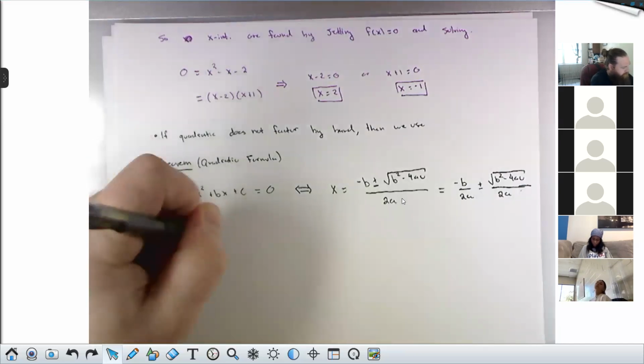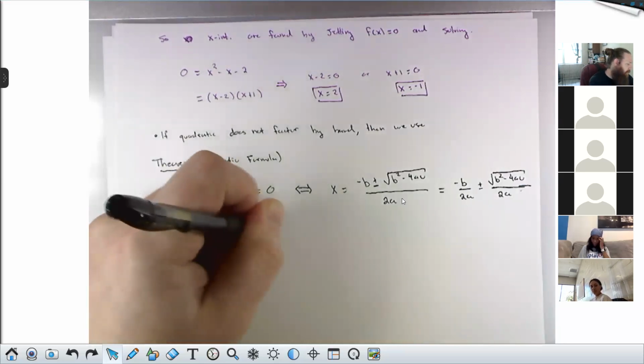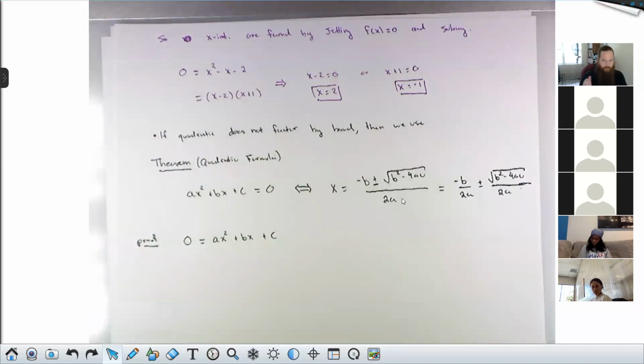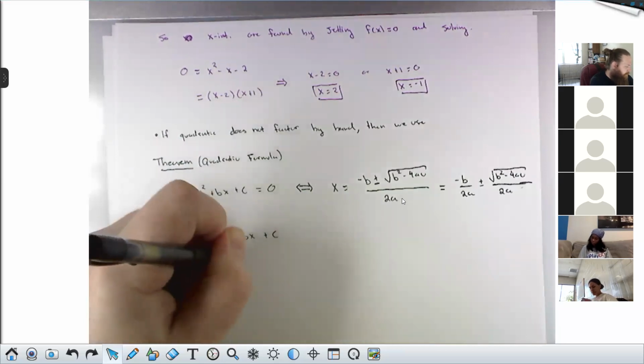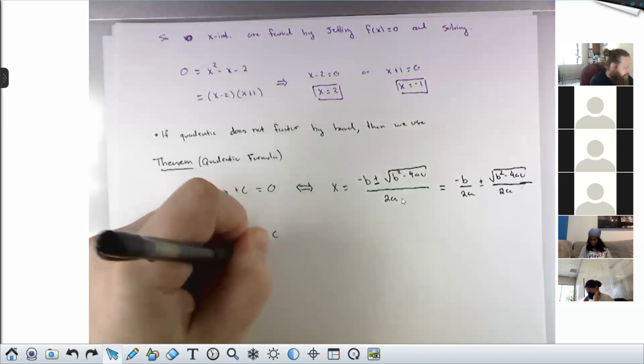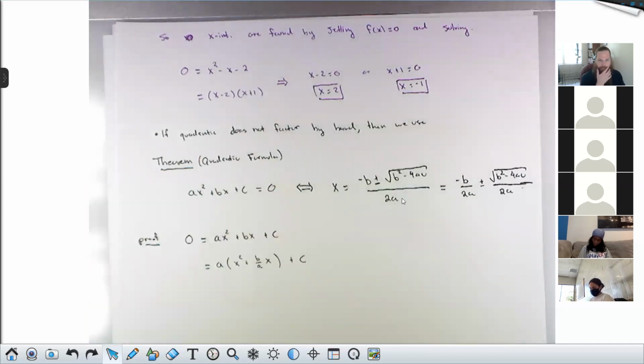So what I'm trying to do is solve the equation 0 equals ax squared plus bx plus c. And I want to do this in full generality. I can begin by factoring out the a from the first two terms. That'll give me x squared plus b over a x plus c. We're going to complete the square. Now I'm going to take that magic number, b over 2a all squared, and I'm going to add that and subtract it inside here.